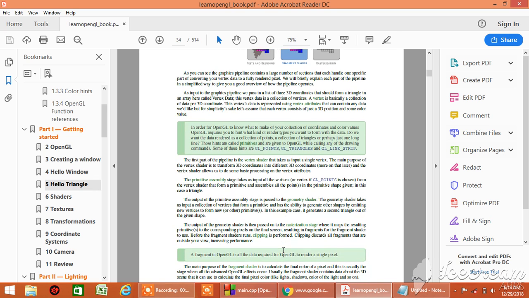Core profile OpenGL tutorial. In the last tutorial we talked about some other steps of the pipeline. In this tutorial, the output of the geometry shader is then passed onto the